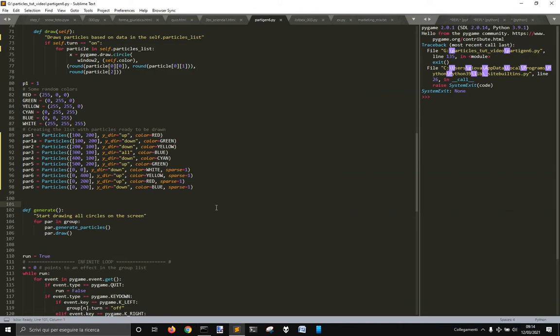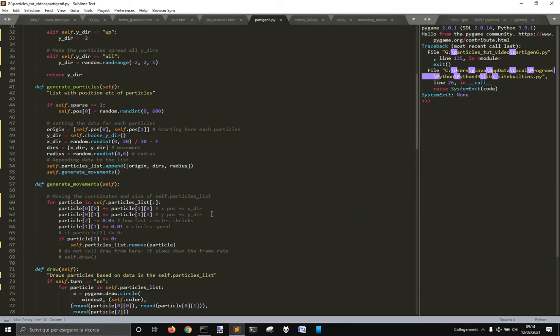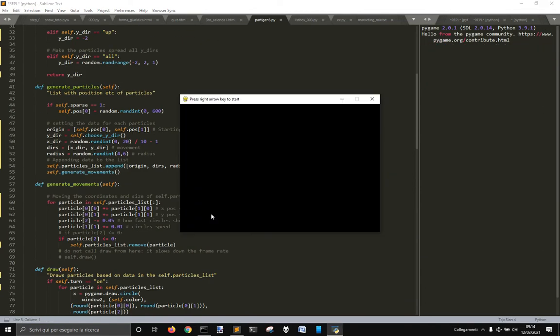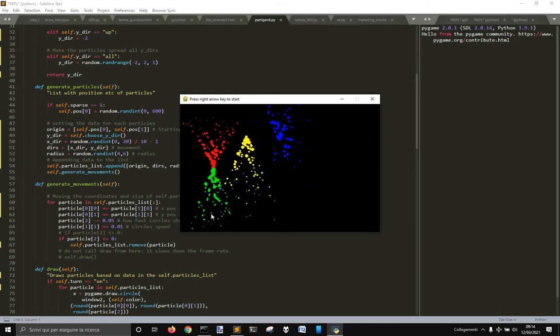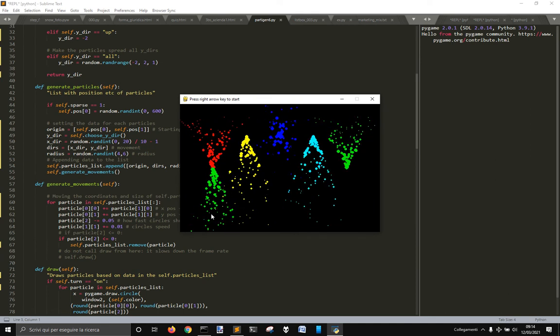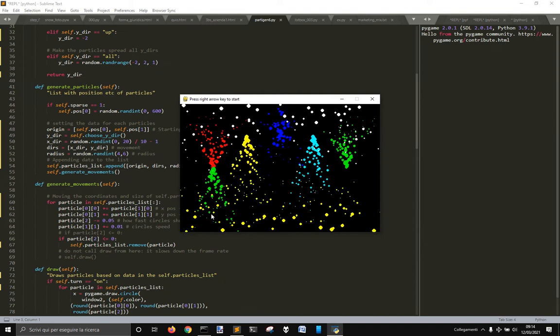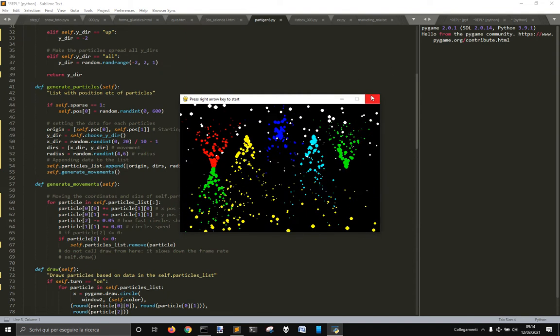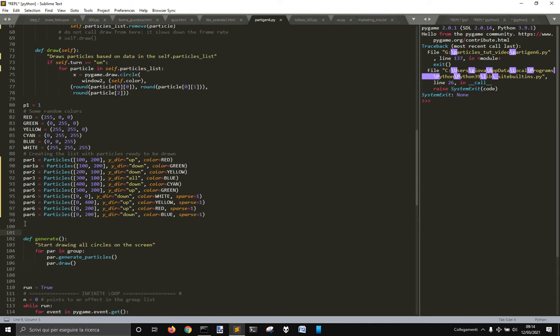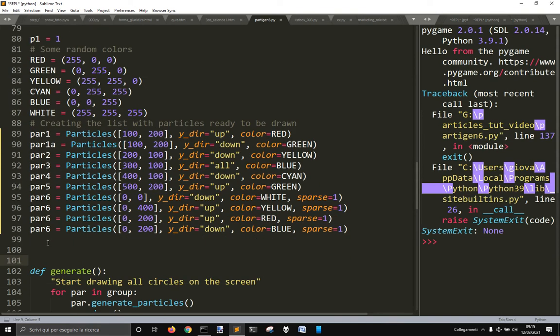Hi, so today I'm going to show you some particle effects like this. When I press the arrow key here, you can see some particles that are generated from different points and go into different directions. Okay, how these are done, you see that I've got something like